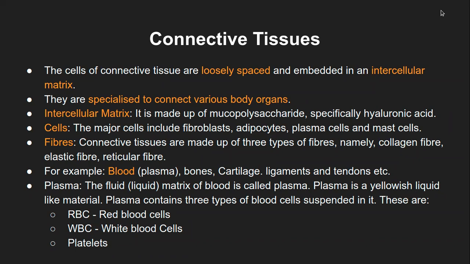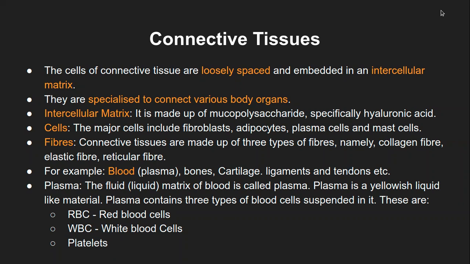So this mast cell is one of such inflammatory cells which releases histamine, and histamine has various actions. When you have a common cold or running nose, you take that drug, what is it, cetirizine, which is an antihistamine. That means it will mask the action of histamine. So this mast cell is responsible for secreting histamine into the body, and it is one type of cell present in the connective tissue. So these are the different cells.